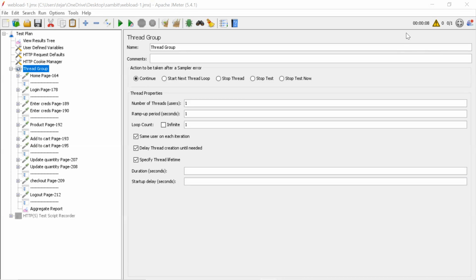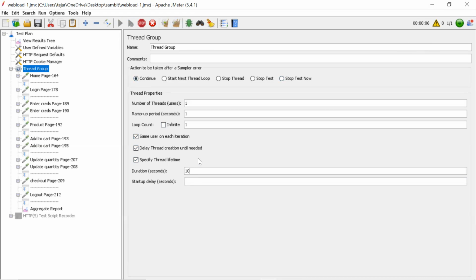Right. So it means one user is taking around 8 seconds of time. If I give 10 seconds here, what I'm saying is that I want to run my script for a 10 second duration. So if I run the script, what will happen? Will it run for 10 or will it run for 8?